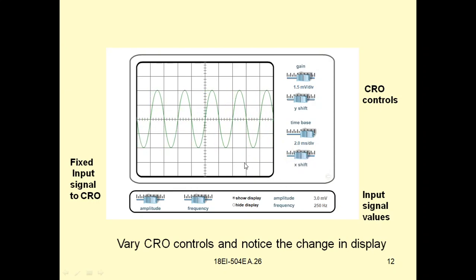So here is the position. The cycle starts from here, 1 and 2. Two divisions, each division corresponding to 2 milliseconds. Obviously, it also comes as 4 milliseconds. So, by adjusting the gain, now please check here, it is 1 millivolt per division. So, 1, 2, 3 divisions. 3 divisions means 3 millivolts.